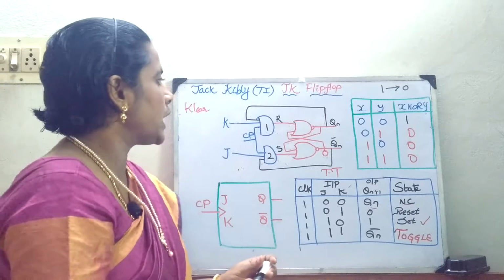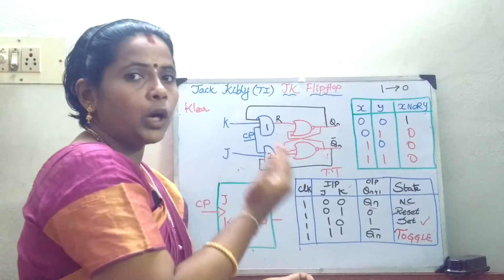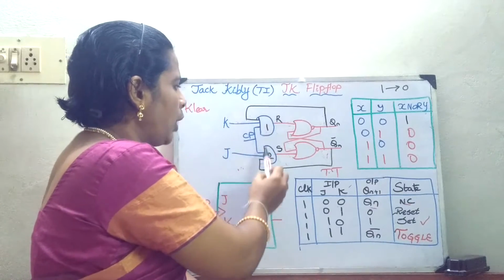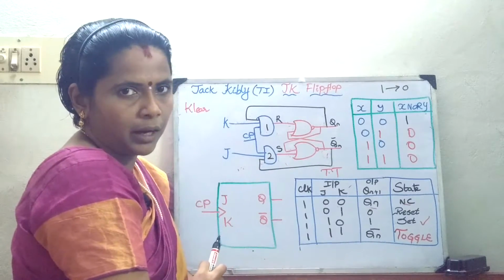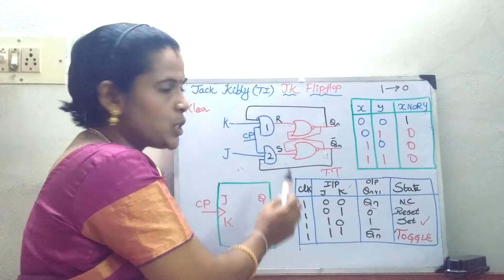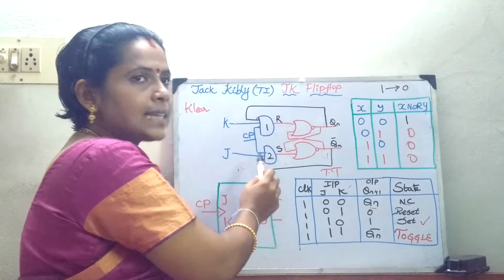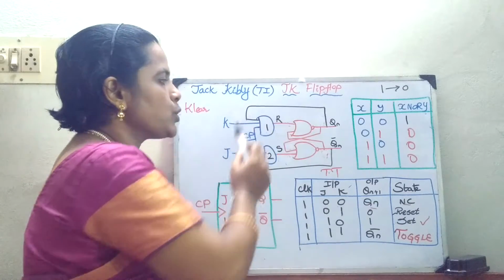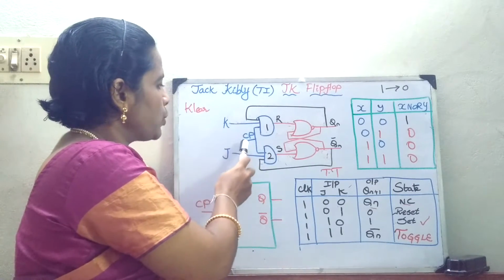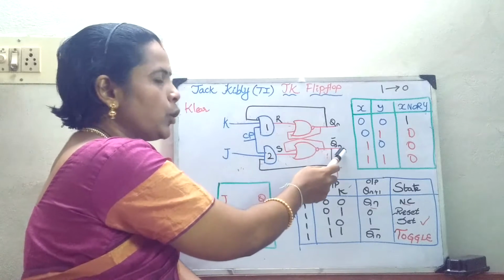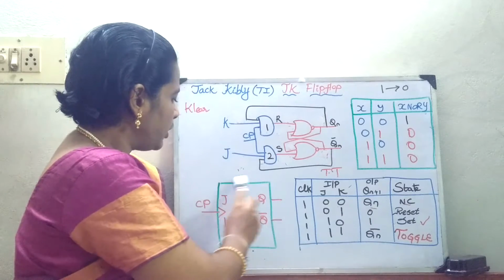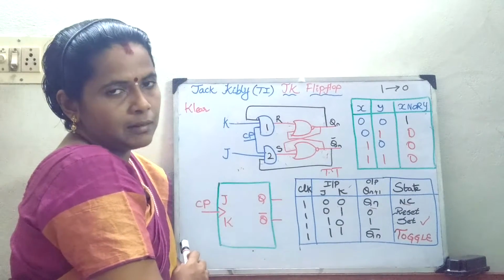Now what changes am I going to make here to convert this to a JK flip-flop? In the JK flip-flop, I am using two AND gates in front. I take a clocked RS flip-flop and add two AND gates at the start in order to convert it to a JK flip-flop. There are two inputs, the clock pulse, and Q and Q bar, or Qn bar, any notation. With this we can draw the graphical symbol.